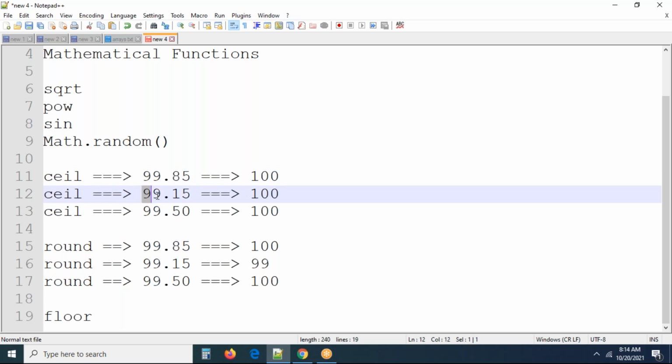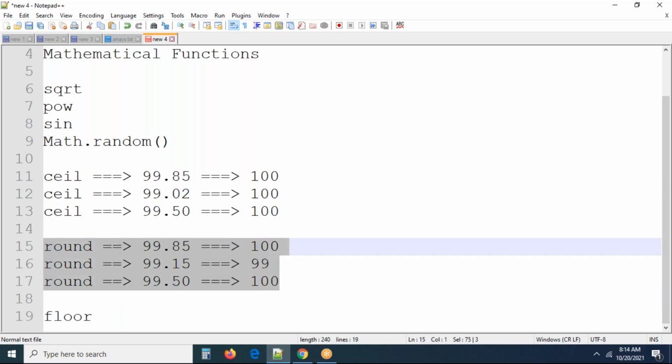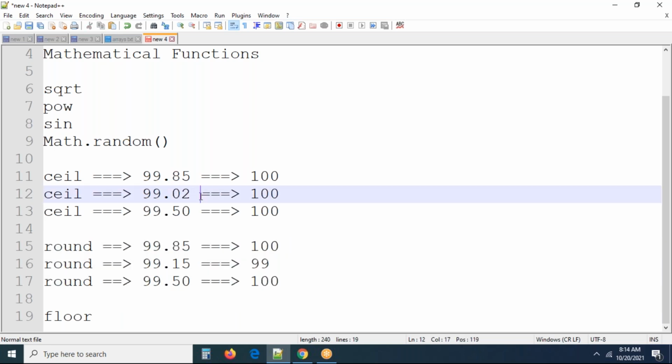Generally, if your bill is 99.2 paisa, even though it is 2 paisa, if they charge 100 rupees, you won't accept it. That's the reason in almost all billing applications, people use a round method, right? This is the case. Now, if you check the same scenario with the floor also, now you can see